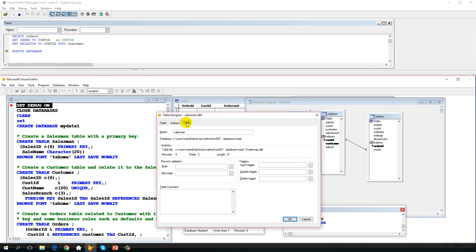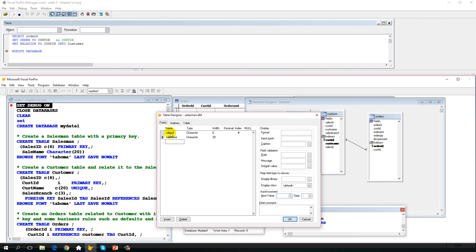In a table I can find where the physical table file is, and I can add some character string as a comment or table definition if needed. And also for each field I can add some text here as a field definition,